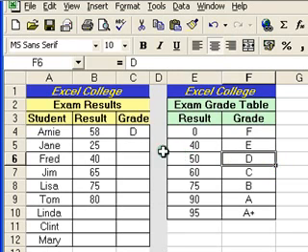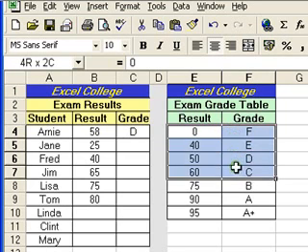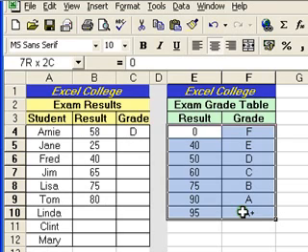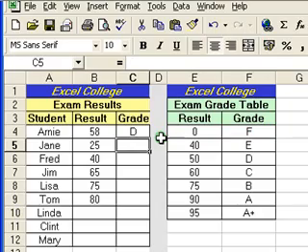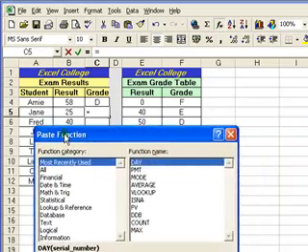So I'll do one more calculation, and this time I'll do two things. First of all, I will name the table. So if I just select the range, and again very important to select only the data in the range, not the column headings. So I'll select that range and I will just click in the name box up here where it says E4 at the moment, and I'm going to type grades in there. So that's the name of that data table, and I'll come into cell C5, which is where I want my next result to appear. Go to the paste function button, little FX button there, bring my dialog into view,